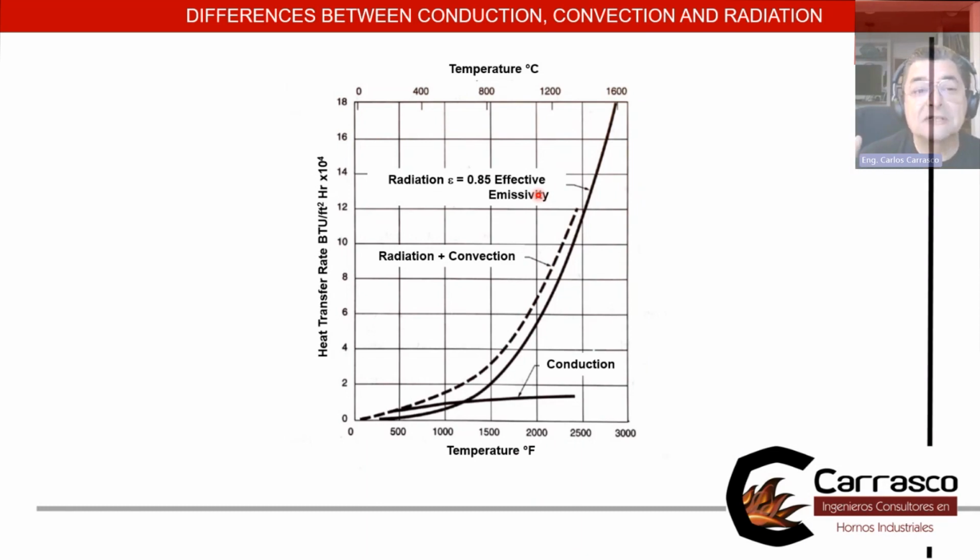If the furnace is small, the flames are not going to be contained inside the furnace, and you will see flames coming out from the fumes exhaust of the chimney, and